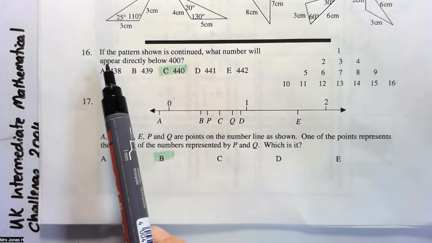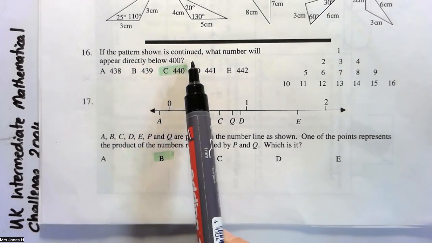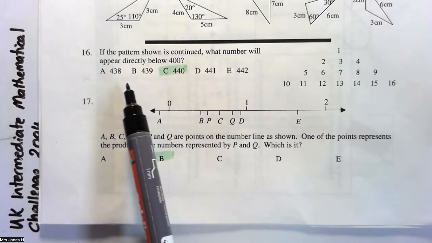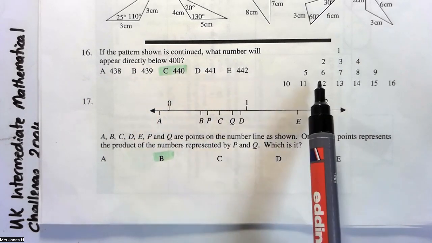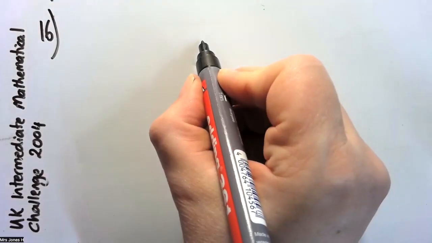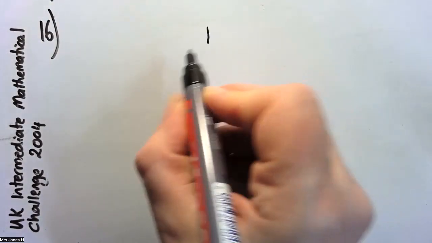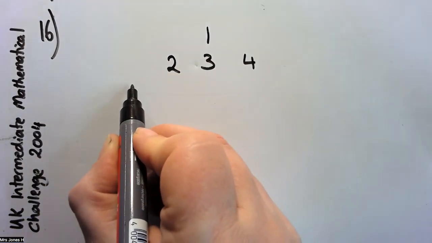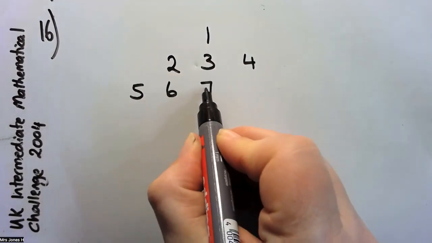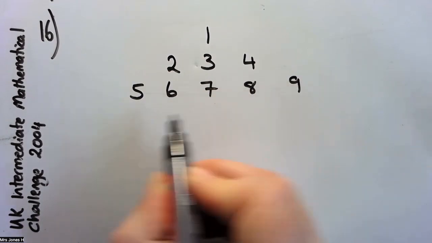Question 16. If the pattern shown is continued, what number will appear directly below 400? Let's draw this out. It's one of these questions that, once you've been shown it, seems so straightforward, but wrapping your head around how to start it